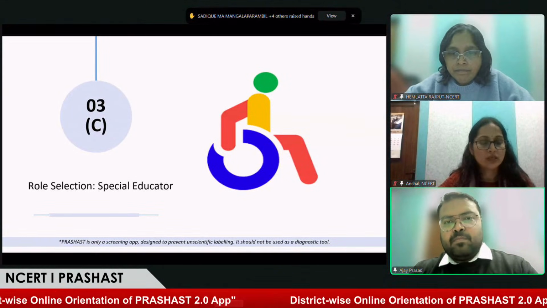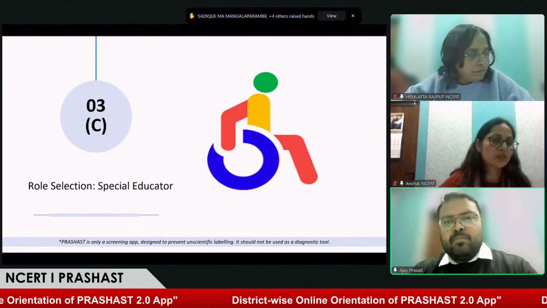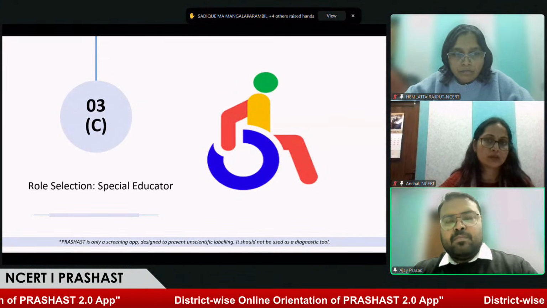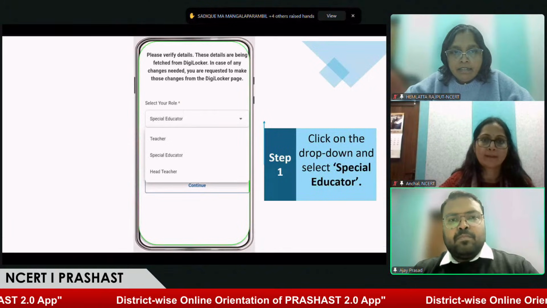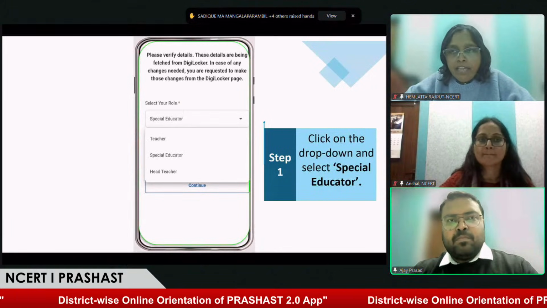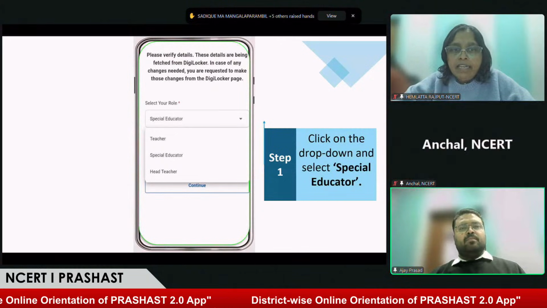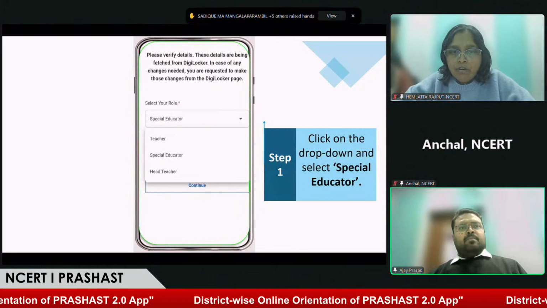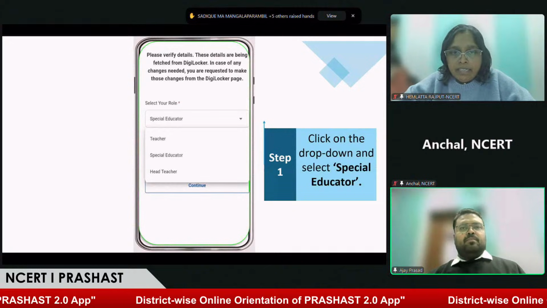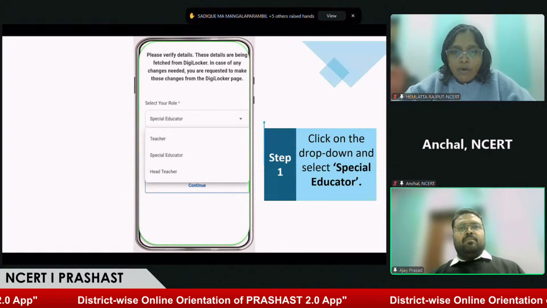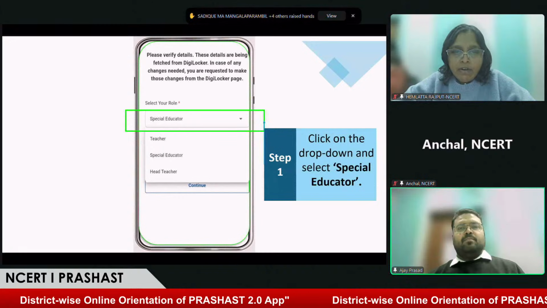So now we will see how the special educator selects their role. Okay, let's see. The special educator, in the same way, has to enter this application with the Aadhaar number and select their role first. You can see the drop down and you can find the special educator option. You select that and click on this.